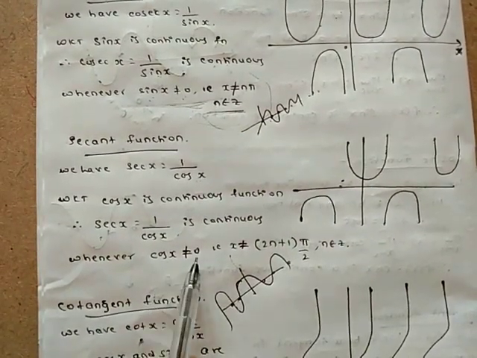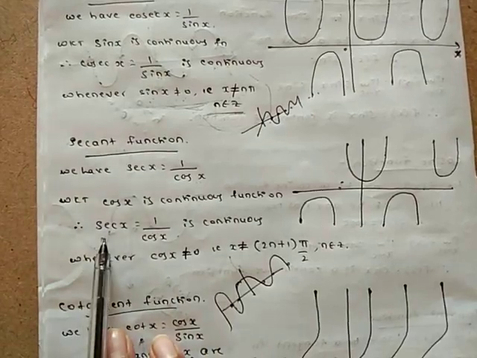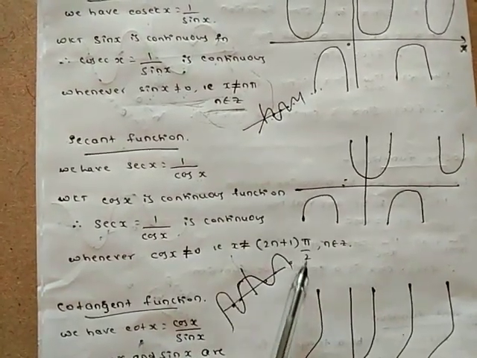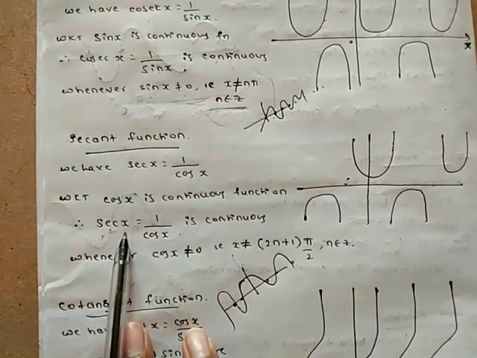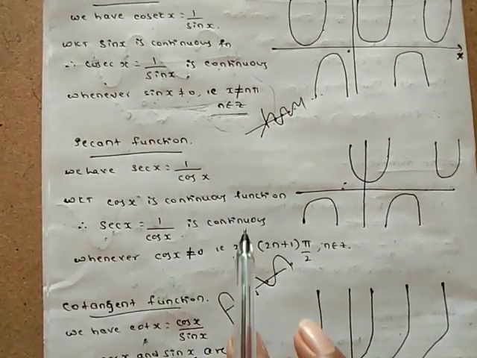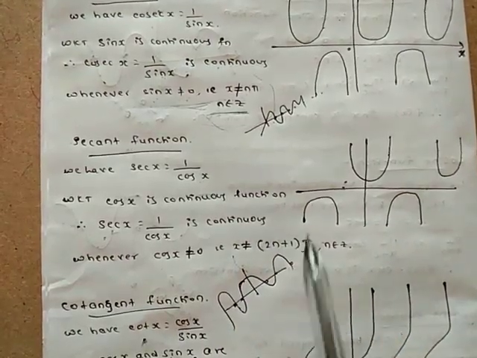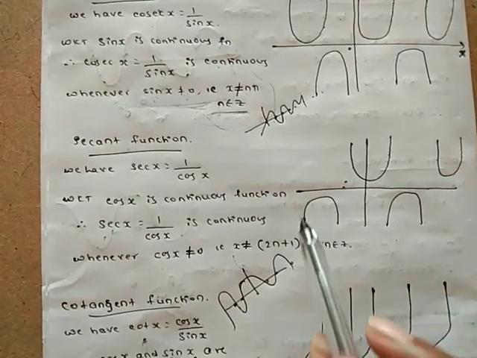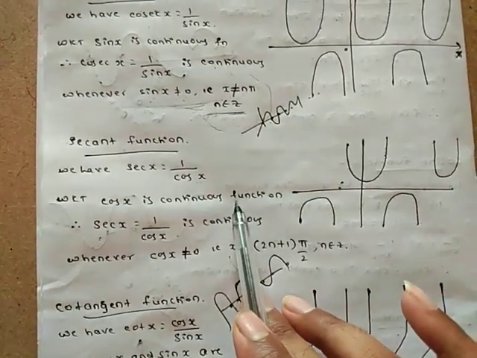Suppose cos x is equal to 0, then we can't say that the secant function is a continuous function. Suppose x is equal to (2n plus 1) into pi by 2, then we can't say that the secant function is a continuous function. Only when cos x is not equal to 0 and x is not equal to (2n plus 1) into pi by 2 can we say that the secant function is a continuous function. The last function,